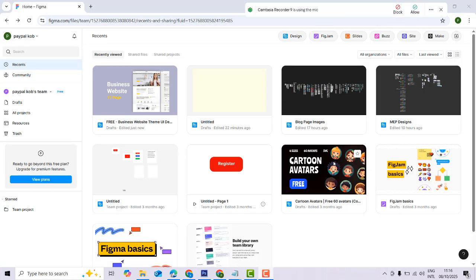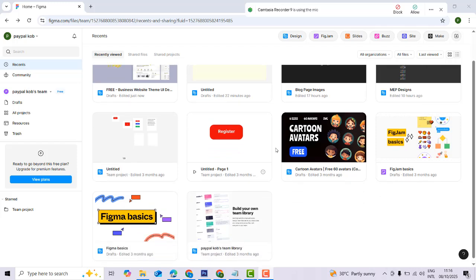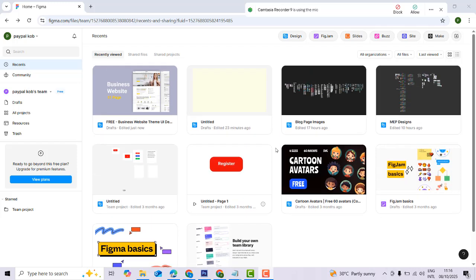Today I am going to teach about UI UX design. UI UX design is very essential for making a mobile application or web design. We have to show the customer how your website looks, how your mobile app looks. It's a very simple way. So instead of starting from scratch, you have to